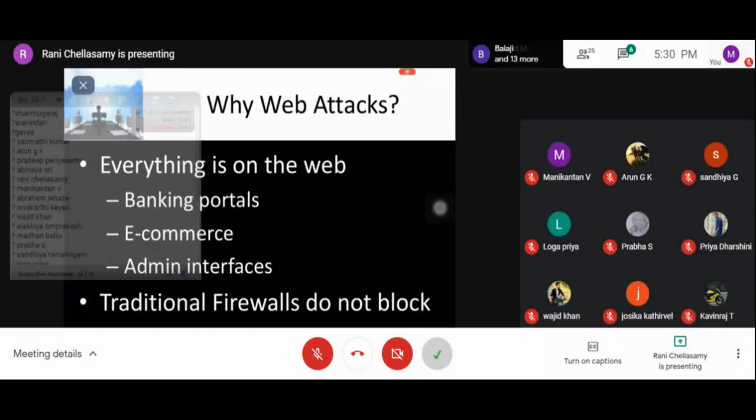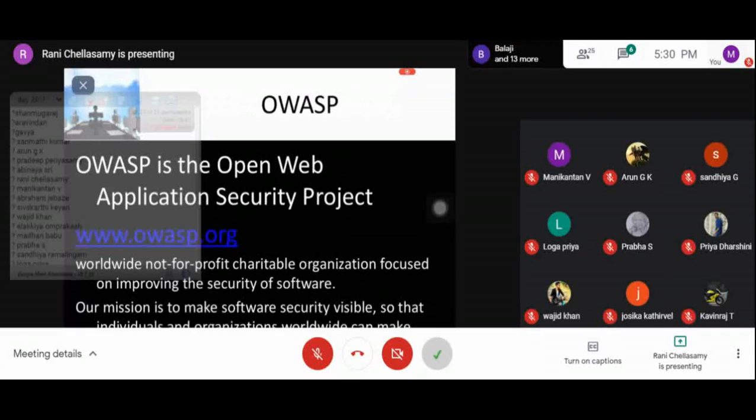What is meant by OWASP? OWASP is the Open Web Application Security Project. You might have heard this in the prior session. You can get to this website through www.owasp.org.